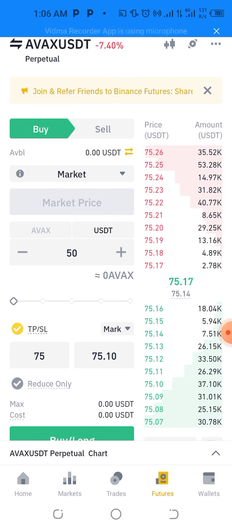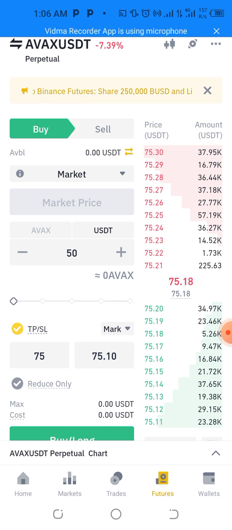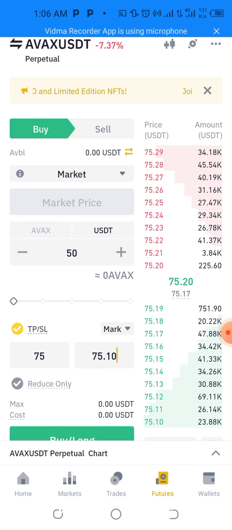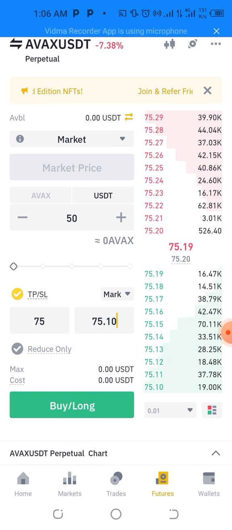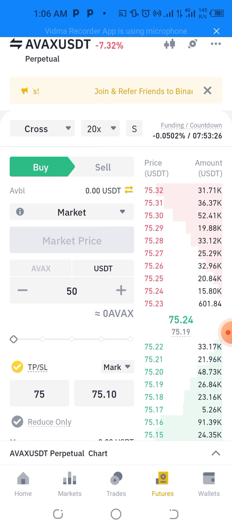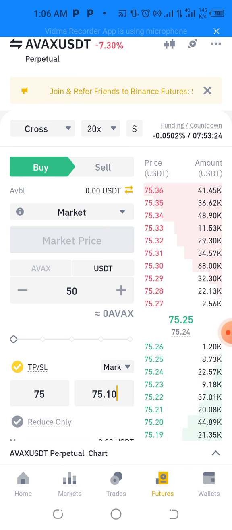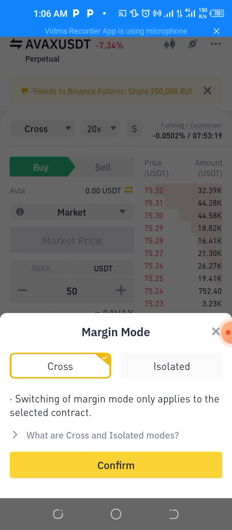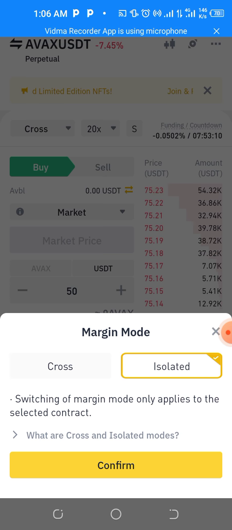And then the amount you bought, the money will be reduced. So they might tell you that if this coin gets to 73, your margin has been exceeded. All right, so now you will lose everything you have on your futures trade. All the money you have on your futures trade, you will lose that money. All right, so with cross trading, the reason why some people use cross trading is because it makes you more money, unlike the isolated